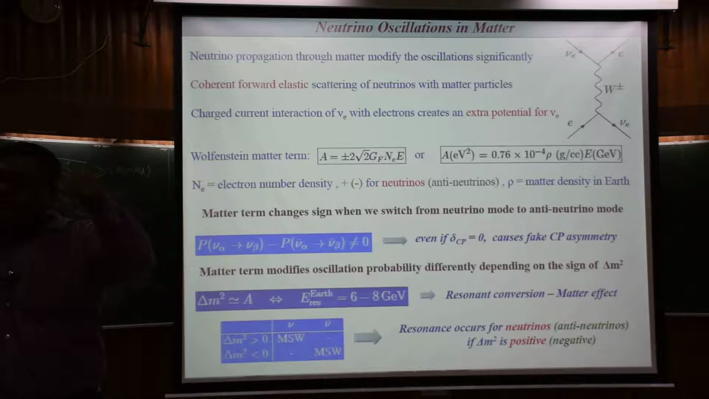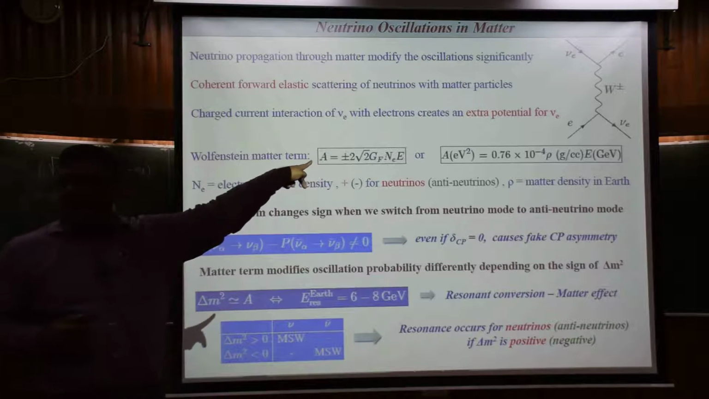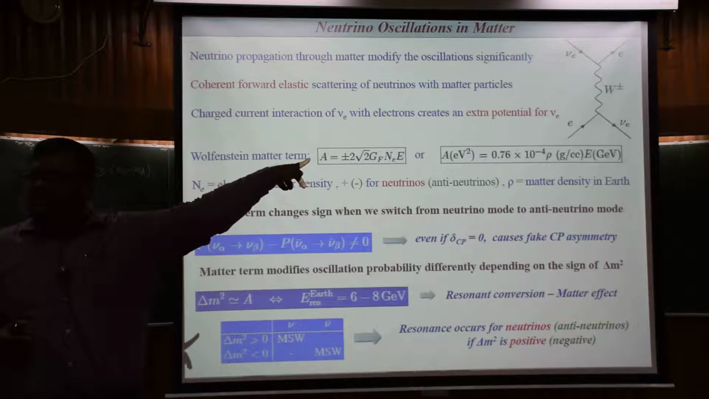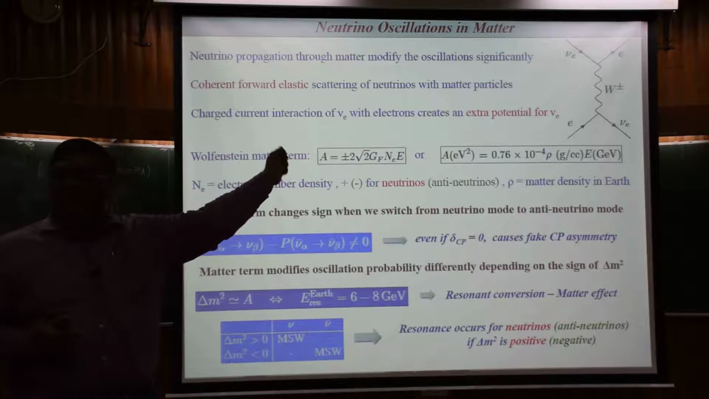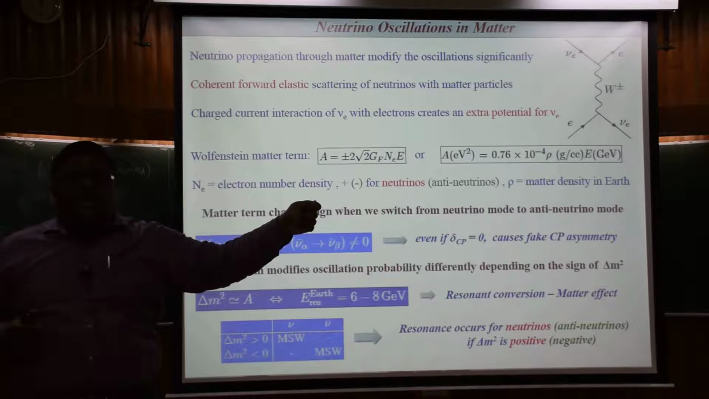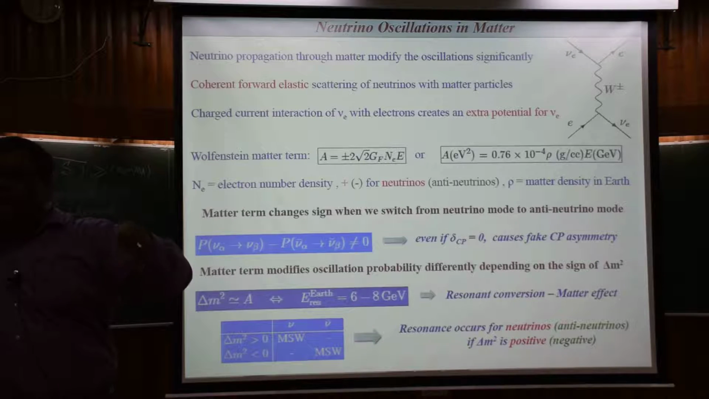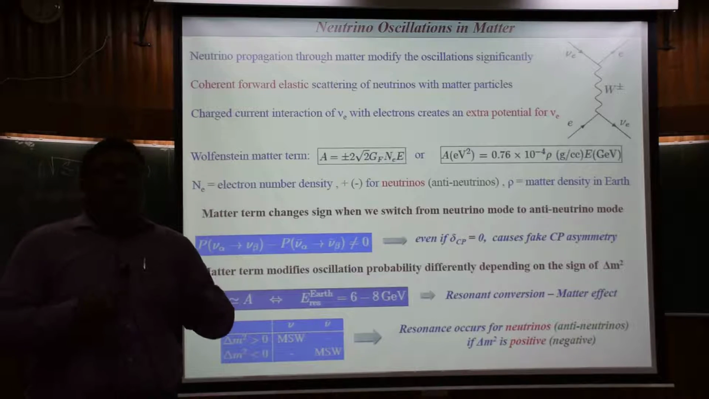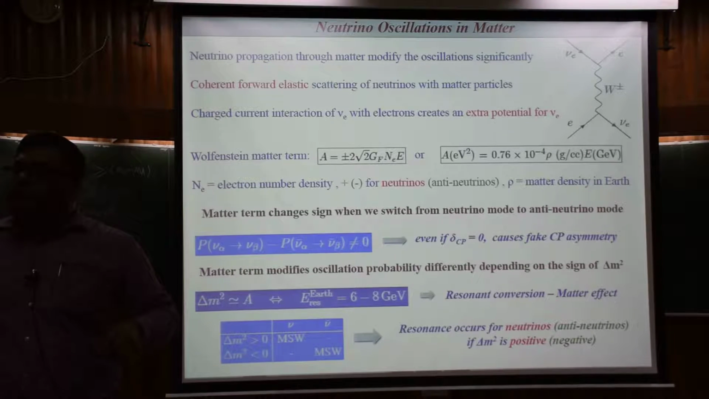Your matter is not CP symmetric. You don't have positron. If you would have been having positron there, then nu E bar and positron would feel the same diagram, and they would feel the same potential, same probability. You will get the difference to be 0. It is just like matter. In matter you have electron, but you don't have positron. So nu E bar is not getting that fellow with whom it can have the elastic forward, coherent elastic forward